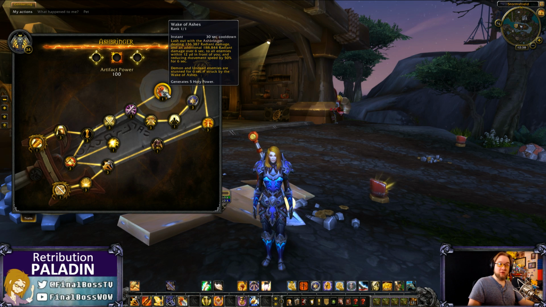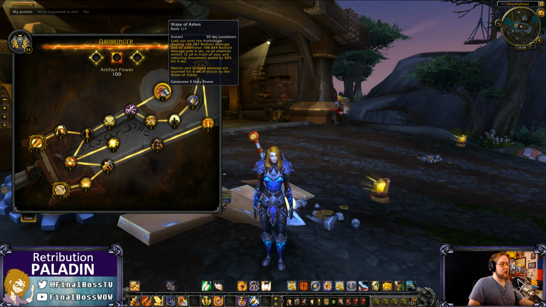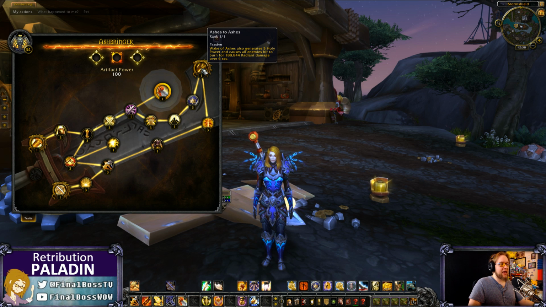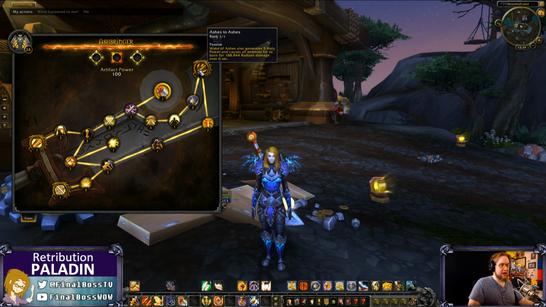I believe the slow is still there, but the dot damage is from this. Oh no, the holy power is not there. So Ashes to Ashes, which is one of your golden perks and easily your first one you'll go to, is that Wake of Ashes will generate 5 holy power and cause all enemies hit to burn for radiant damage. So the default version of Wake of Ashes is just the frontal cone, the snare, and the demon and undead stun. The holy power and the dot are from Ashes to Ashes, which again, this is your first golden dragon